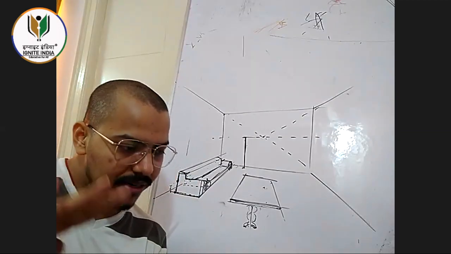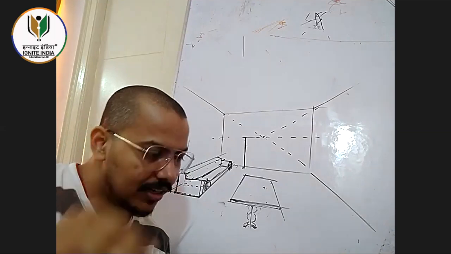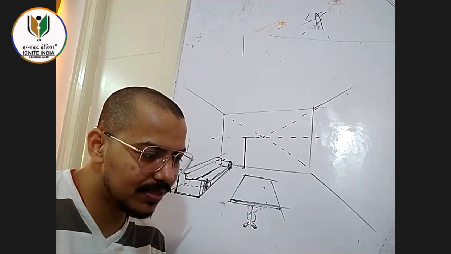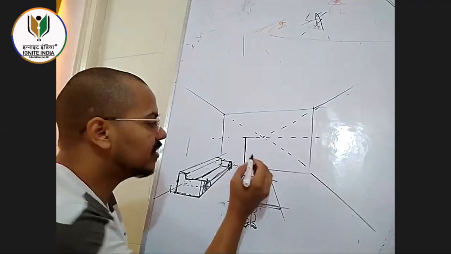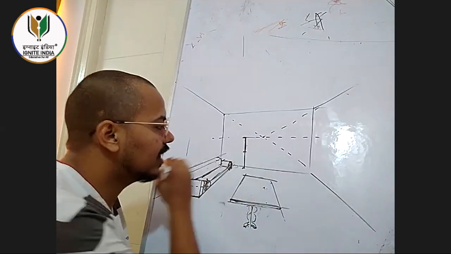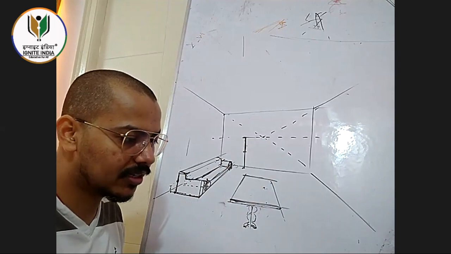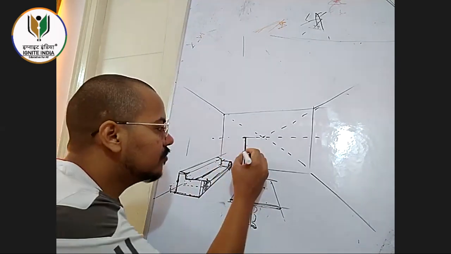Till which part of the body does the height of the sofa come? Almost till the waist level. Little bit below the waist level, not till the waist level but a little bit below. The waist level of a person happens to be half of that. Okay, it comes on the fourth head. So a little bit below that.